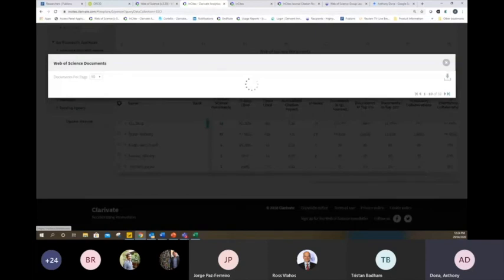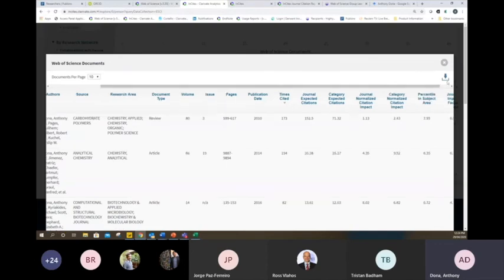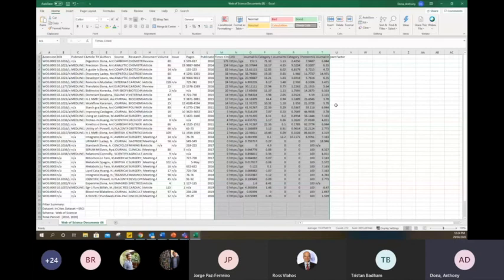So I'm clicking on my own just to pull out my own numbers here. And let's actually run this export. I just want to show the usefulness of this with regards to the metrics that are produced. I've exported this at an article level, and this is standard. You can't actually change the metrics that are coming out at an article level in one of these InCites reports. However, the metrics that come out are very, very useful.